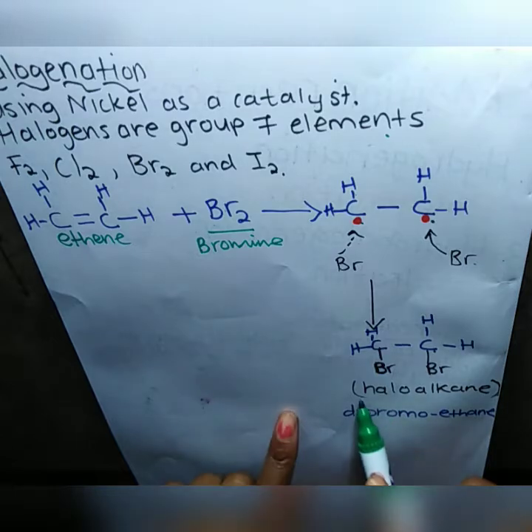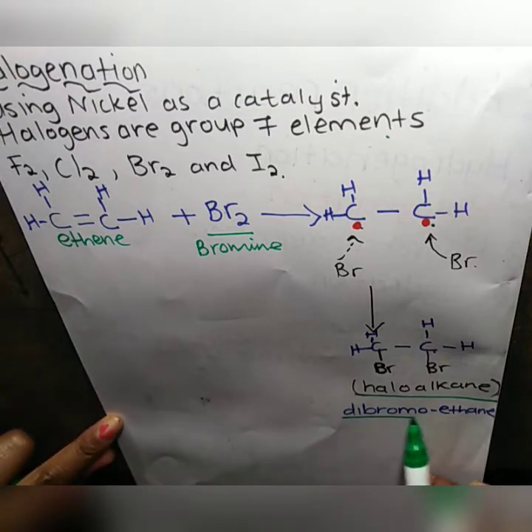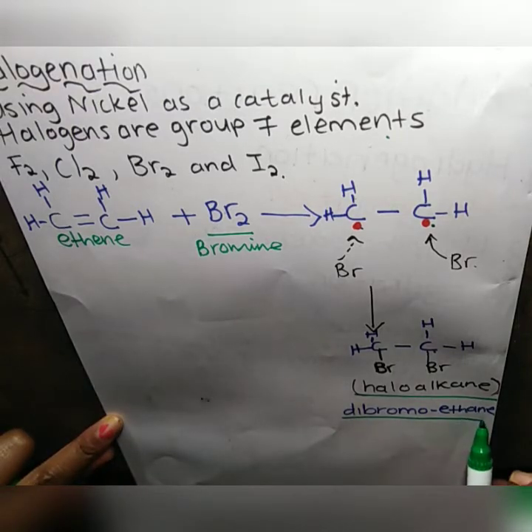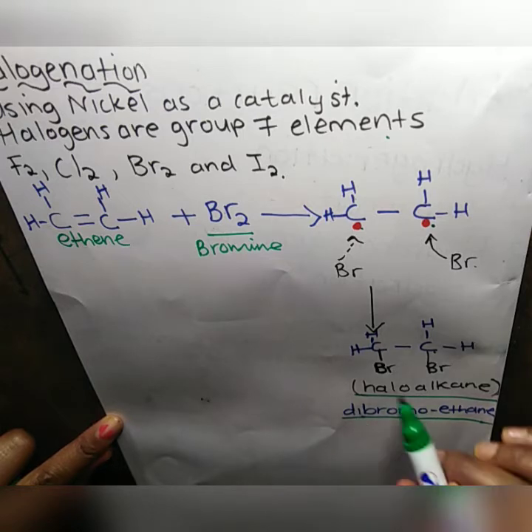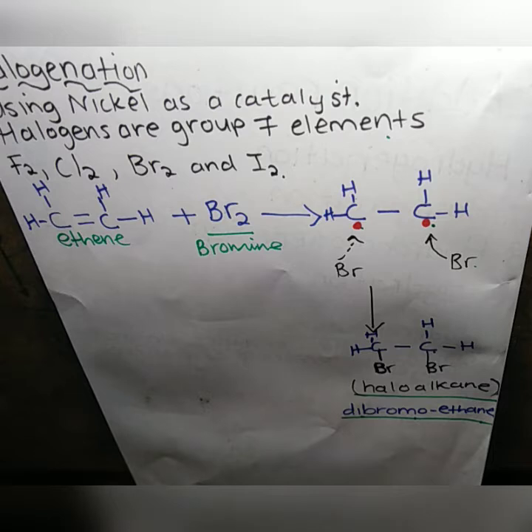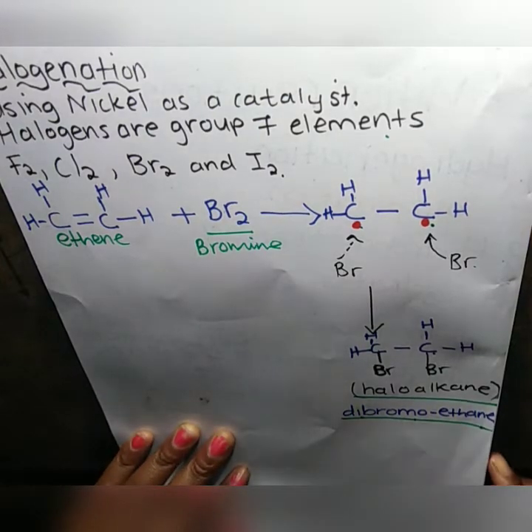And this whole compound, we call it a haloalkane. These are haloalkanes because some of the hydrogens have been replaced by a halogen. And the name of this haloalkane is dibromoethane. Di means 2, bromo is for bromine, ethane is for our longest carbon-carbon chain, which is just 2 carbons there. Okay, so now we are moving on to what we call